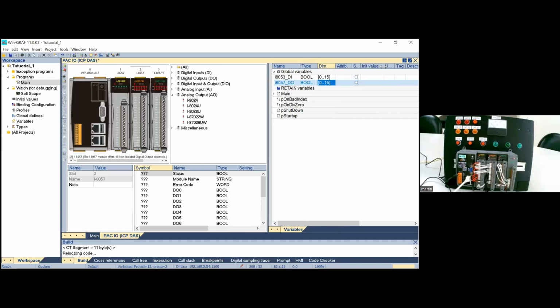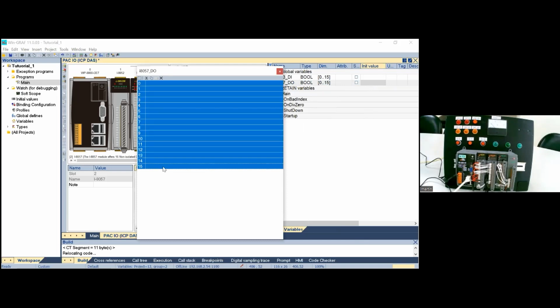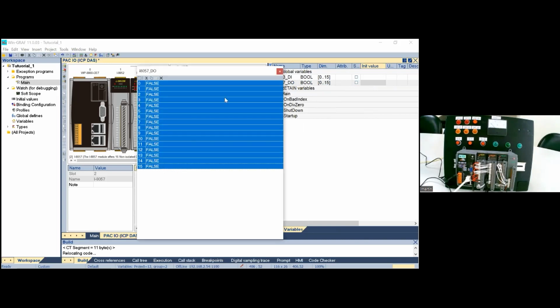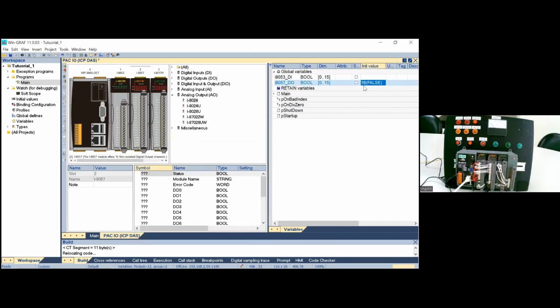we want all the channels to be off during the program start. Therefore, we just double click the initial value column and select all the elements in the array and initialize them to false. Close this window, save the setting, and here you can see all the 16 elements of this array are initialized